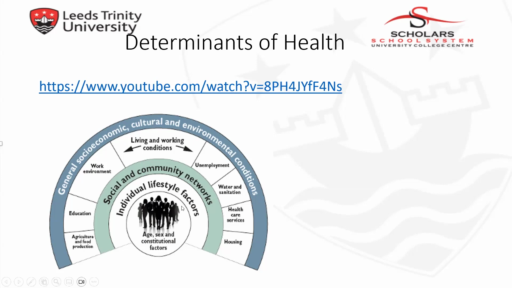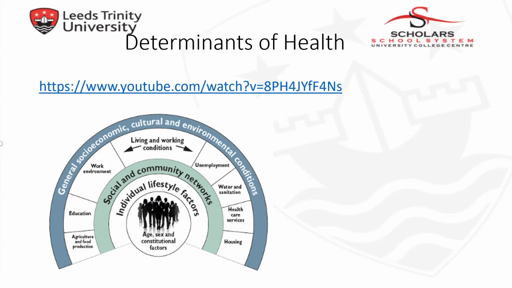You can see the first is age, sex, and constitutional factors. So these are individuals' lifestyle factors that can influence health and health behaviors. Then we go to the broader level, that is social and community networks. You can see living and working conditions can also influence health and health behaviors, and we discussed